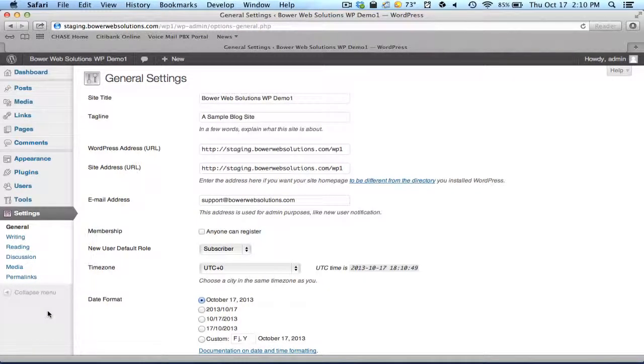One last thing I just wanted to talk about in this brief introduction to the dashboard here is that you'll notice on the left hand side here in this vertical column with all of the areas that we've been talking about, they are all very easy to see because not only do they have a little icon next to them, but to the right of them is the actual name of the section of the dashboard here. But sometimes you might only see the little picture and not the words, and you're wondering what happened. Well, if we look here very carefully, in the bottom left-hand corner, you see kind of in light gray, there's a choice here that says collapse menu. Well, when I click on that,